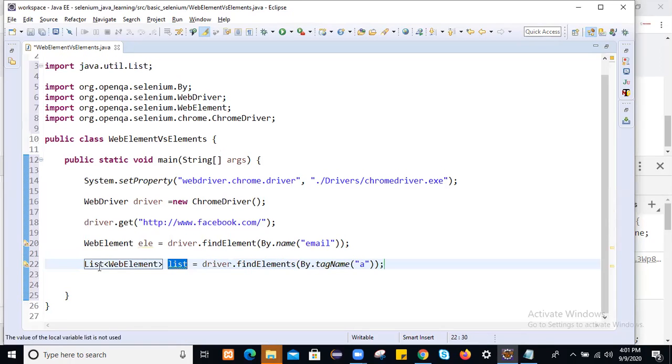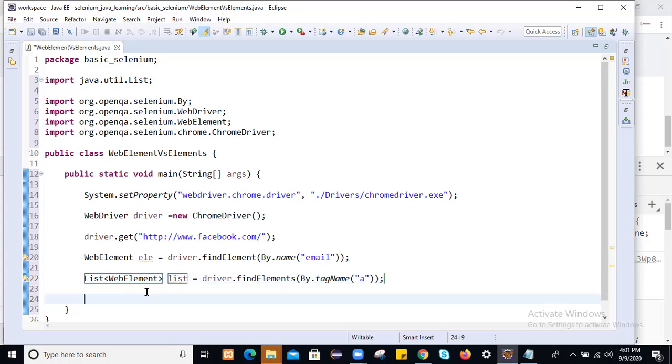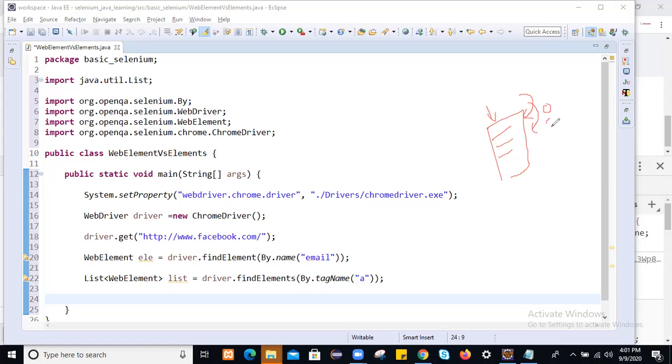Actually guys, the List is coming from the java.util package, and it is an interface. You know what the properties of List are? List can insert objects, and the insertion order must be preserved. Whatever first object you insert will be inserted at the 0th index, the second object at the first index, the third object at the second index.